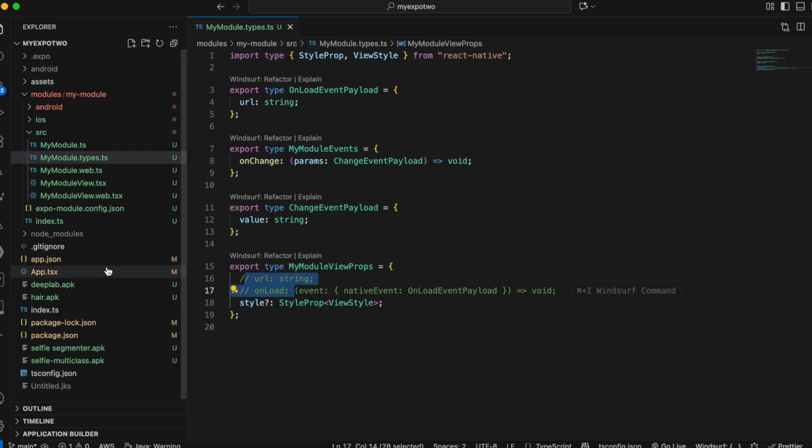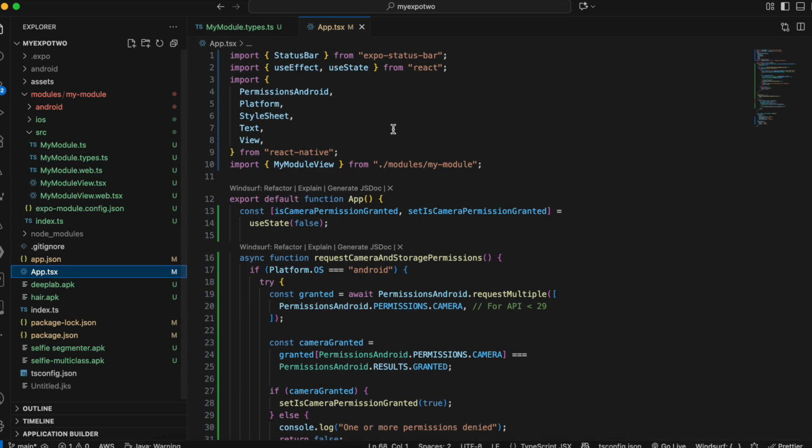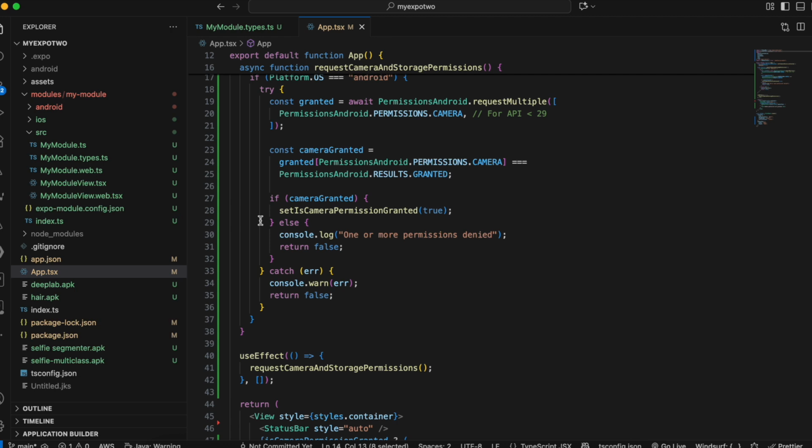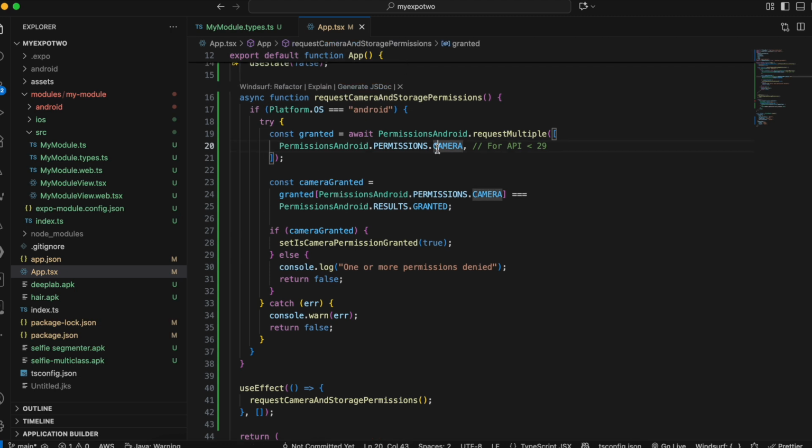Then what I have done is you need to go to app.tsx, and let's see how to use it first. So firstly these are all the imports. Then here I have one state for camera permission. Then I have this method which requests for camera permission, and if camera permission is granted we just change this